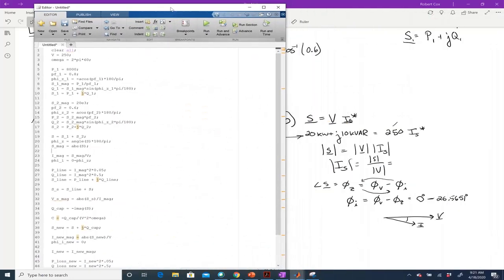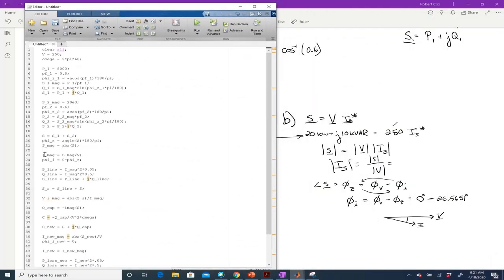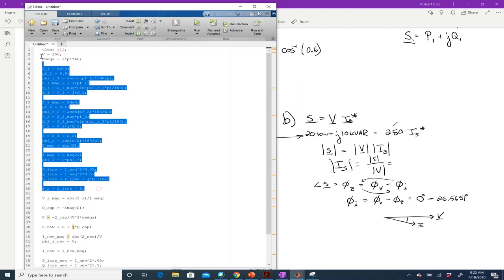Just moving over a little bit. So first thing I did was here in lines 23 to 24, right? I figured out the magnitude of the current by getting the magnitude of S and dividing by V, okay? I figured out the angle of the current by saying the angle of the voltage minus the angle of the impedance. And then P line, I mag squared times 0.05. Q line is I mag squared times 0.5. Right, there's me getting S line, put them together. Okay? All right, so if I do all that,